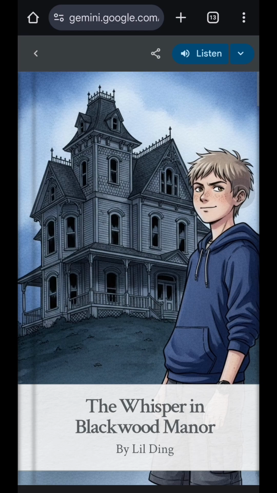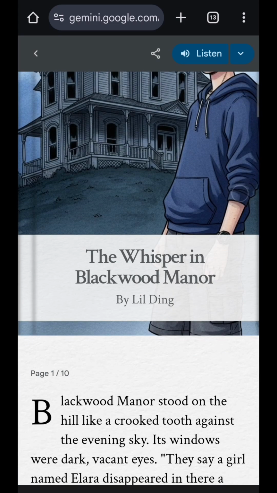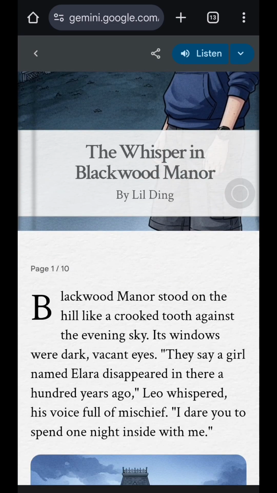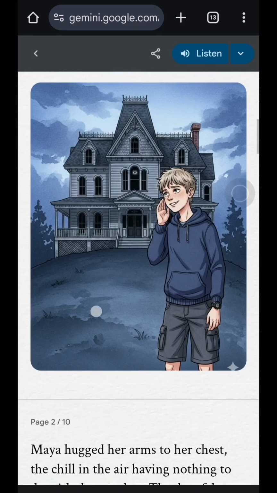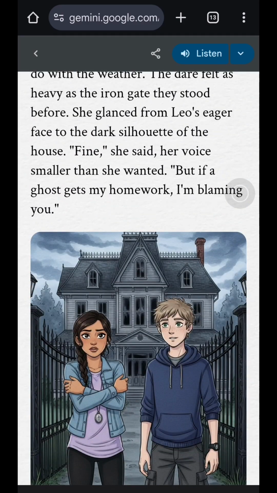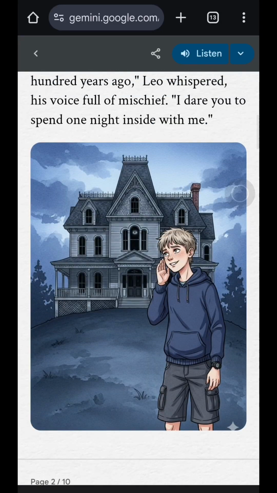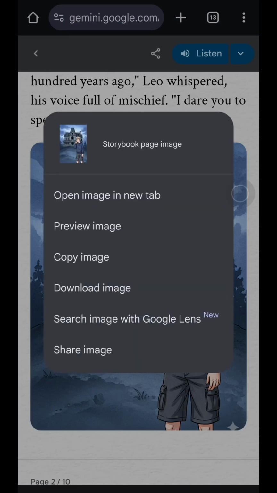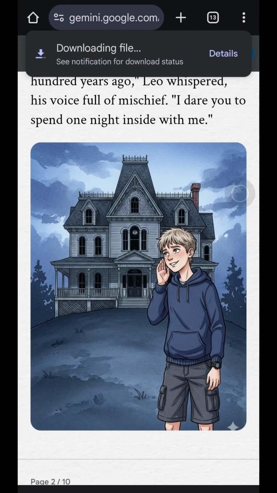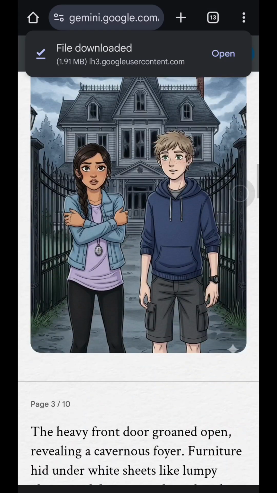Okay, like this. Gemini instantly creates a full story with images and narrations like this. It's pretty cool, right? Next, let's download the image one by one. This will be the visual for our scary video. Just tap on the image and then download image like this. Just make sure you download all the images